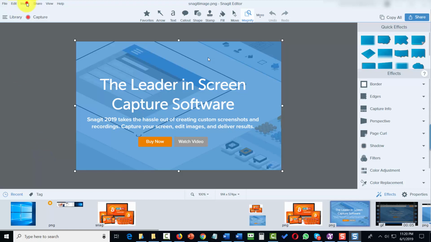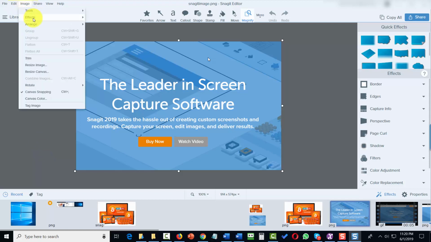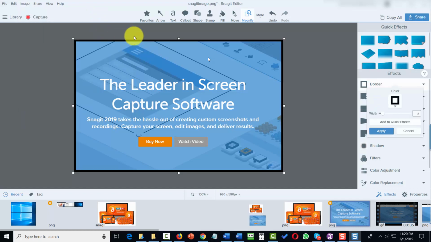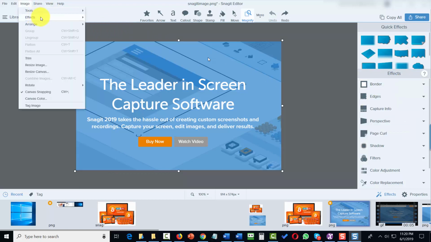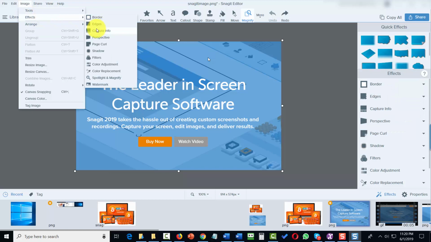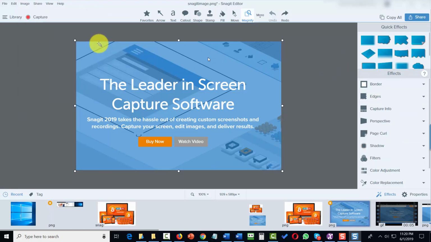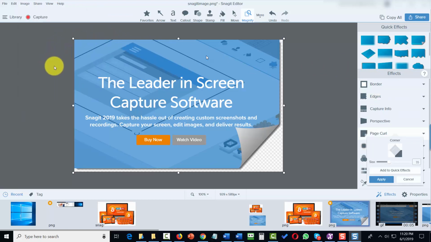Welcome back. Now in the image menu, you also have an Effects tab. What you're going to find in the Effects menu are things that you can do with the image in your canvas. For example, you can place a border, and you'll find border properties here in this area. And you can find other ways in which you can control the look of your final image. For example, we see edges and we see page curl. So if you want to control the way that the final image is going to process, you can use the